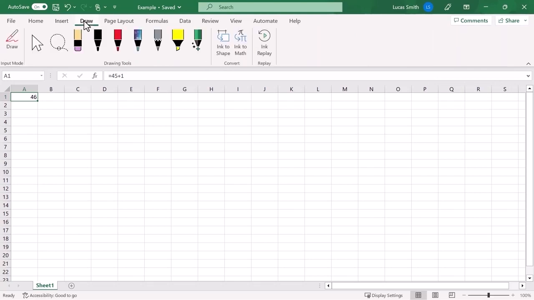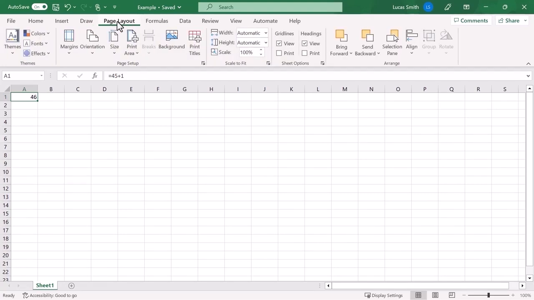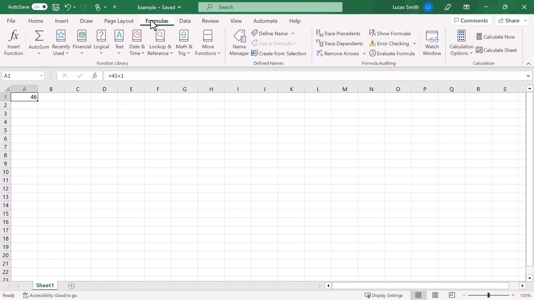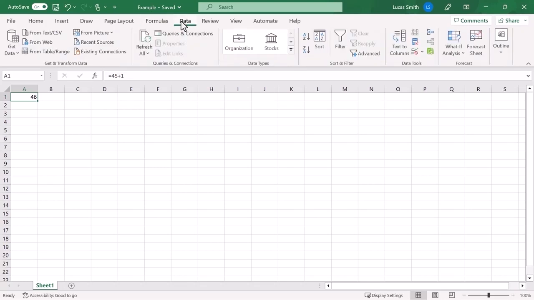The Draw ribbon offers you drawing tools for marking your worksheet, while the Page Layout ribbon lets you alter the appearance of a spreadsheet when printed. The Formulas ribbon contains commands that you can use to manage more complex calculations. You can use the Data ribbon to perform different actions with data, such as transform, query, sort, and filter operations. AdventureWorks is expected to work with large blocks of information, and the Data ribbon's sort and filter commands are